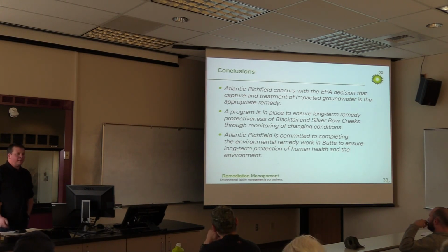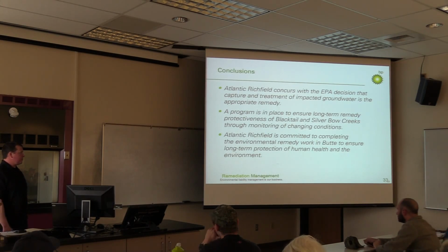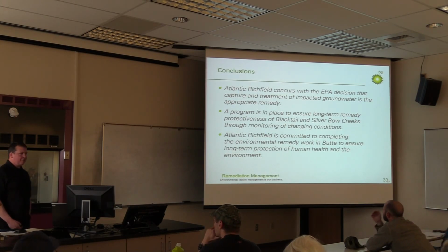And finally, we are committed to seeing this thing through. The environmental remedy work that's left to be done in Butte will be done to ensure long-term protectiveness of human health and the environment. So with that, if any